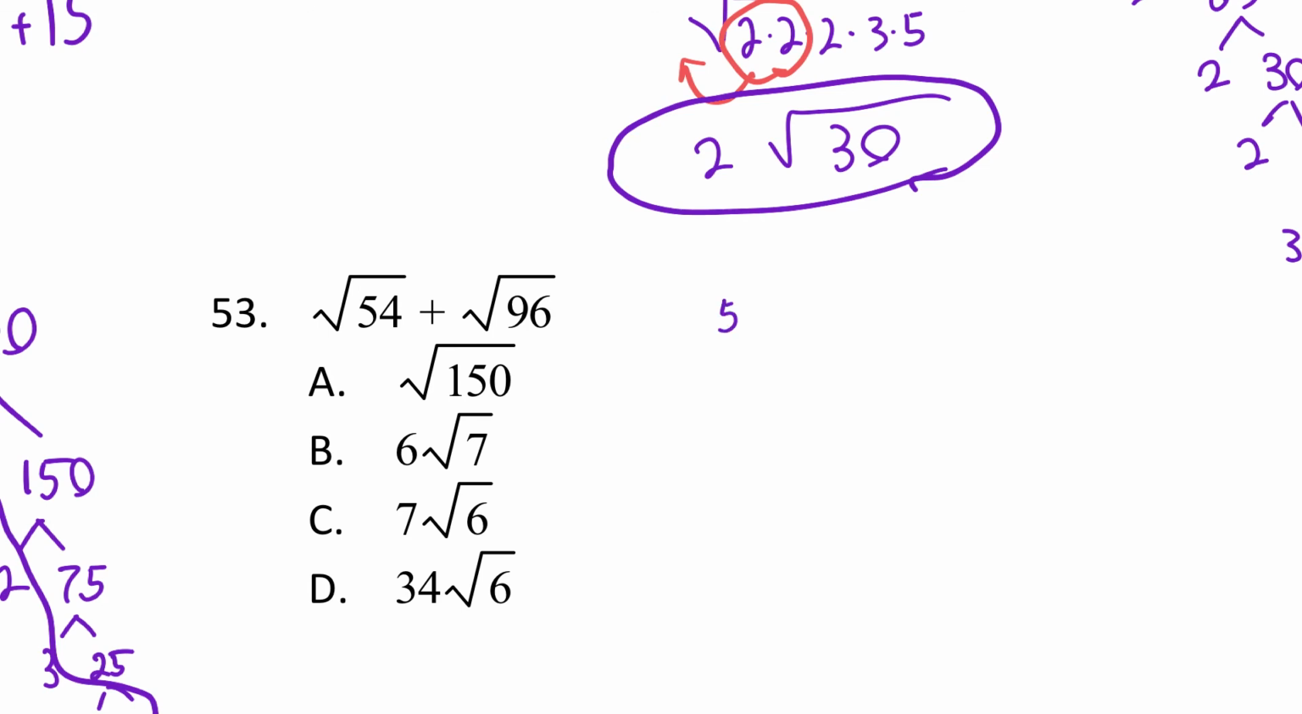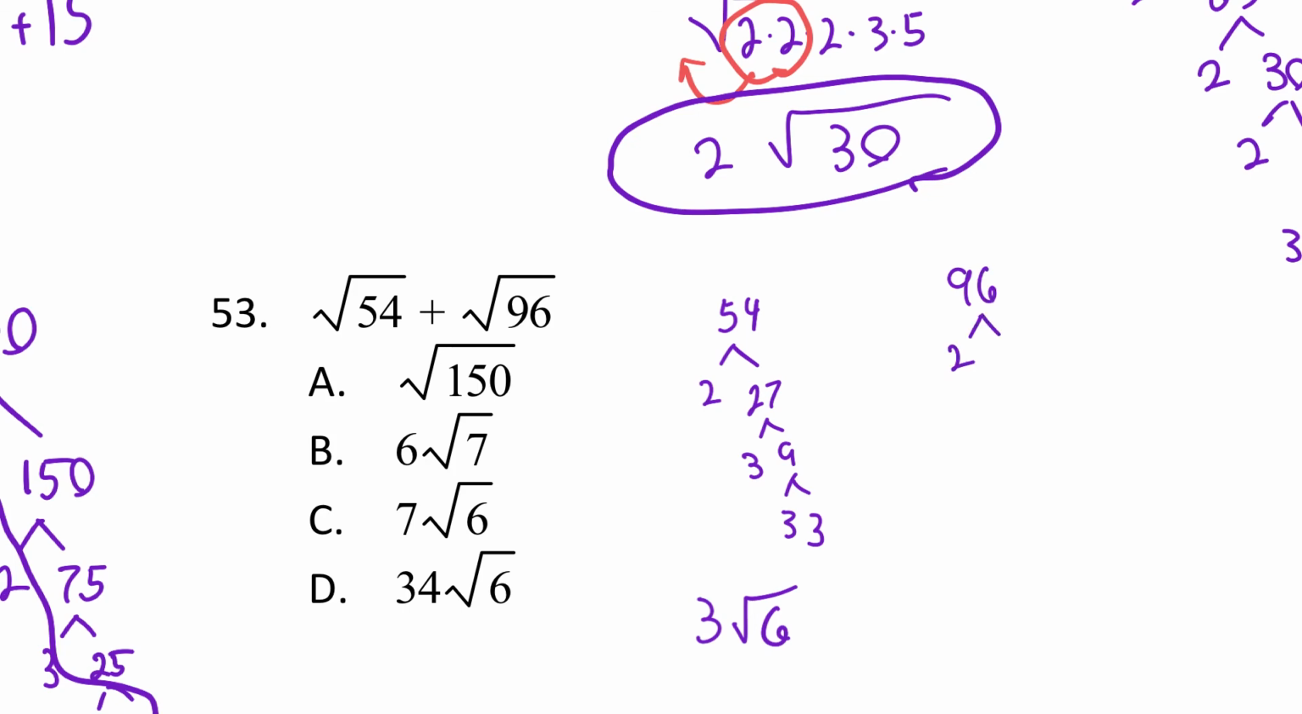So 54, here we go, 2 goes into 54, 27. 27 is 3 times 9, which is 3 times 3. Okay, so square root of 54 simplifies to 3 times the square root of 6. Hopefully you could follow that. Then 96,